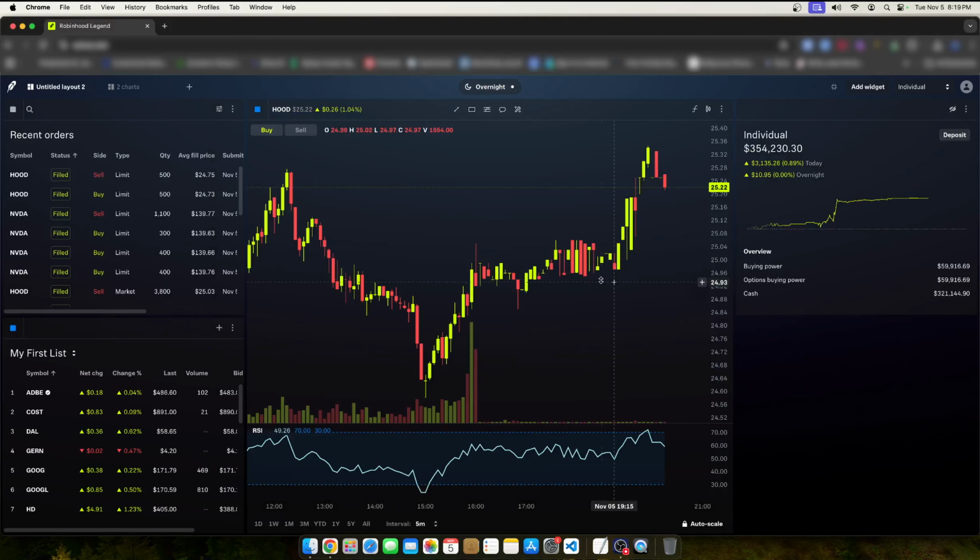Today I'm going to teach you how to use Robinhood Legend's brand new chart system. And as you know, Robinhood Legend is pretty much brand new. It's only been out for a couple days now. So first off, if you're looking at the new Robinhood Legend system and you're confused as to what's really going on,